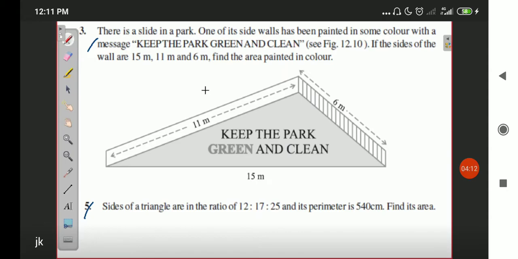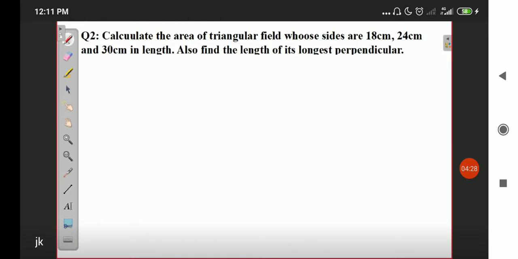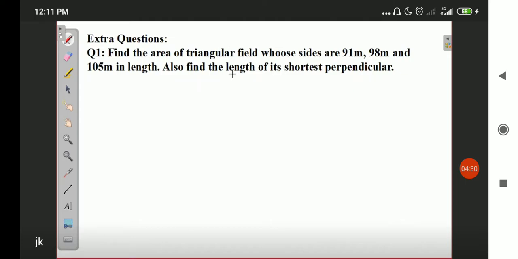There are 2 more types of questions that can come from this chapter. These are extra questions from outside the book, but the concept is almost the same, so we will be discussing them. I've taken 3 extra questions for you. 2 I have discussed in your live class. There is one more extra question that I've taken extra. Okay, I like the question, that's why I picked it. Okay, 2 questions are a little less.